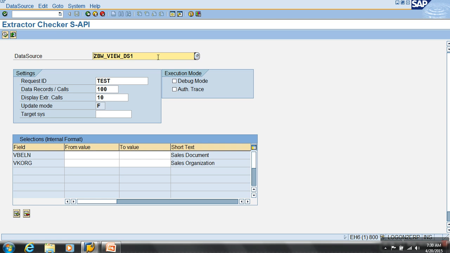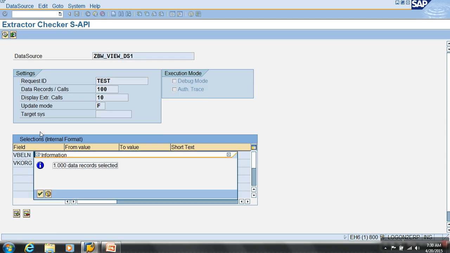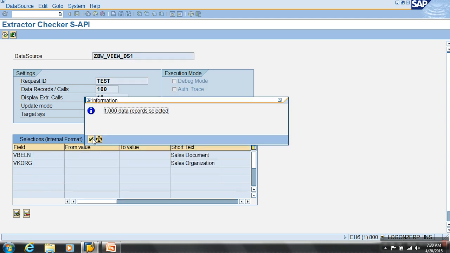So if I show you it reading data here, it means it would have come to BW. I don't have to waste my time creating all the flow. You know how to connect the data source to target, transformations, InfoPackage, DTP, all this. I've just run the data source, so I just say execute. How many records here? But actually there are around 5,000 records in the view. Why is it showing only